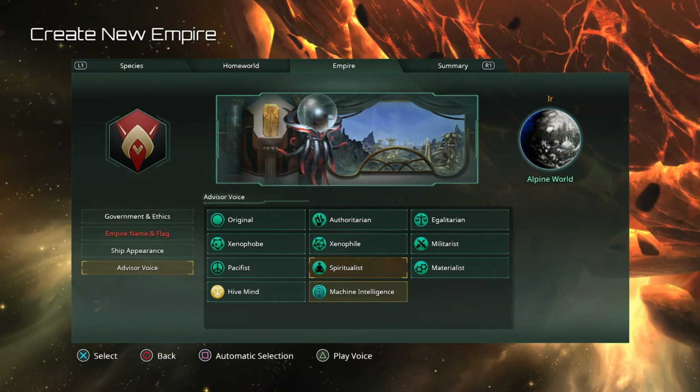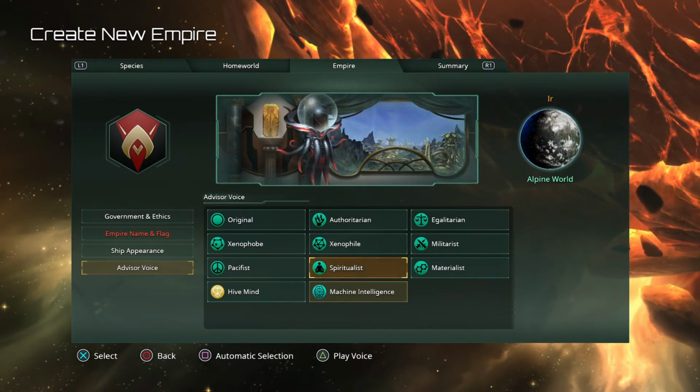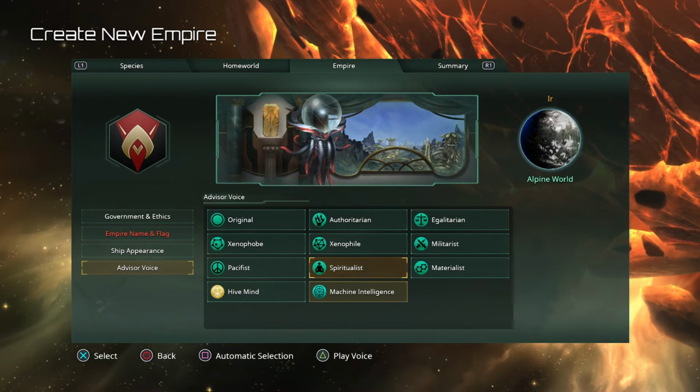Spiritualists. Faith manages. Thinking machines are an affront to nature. These profane constructs must never be allowed to...